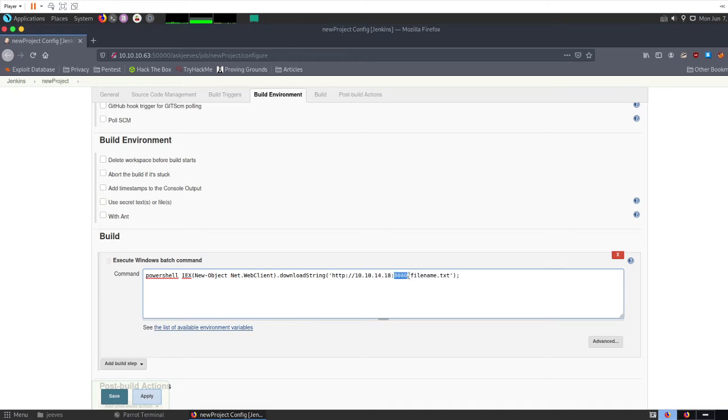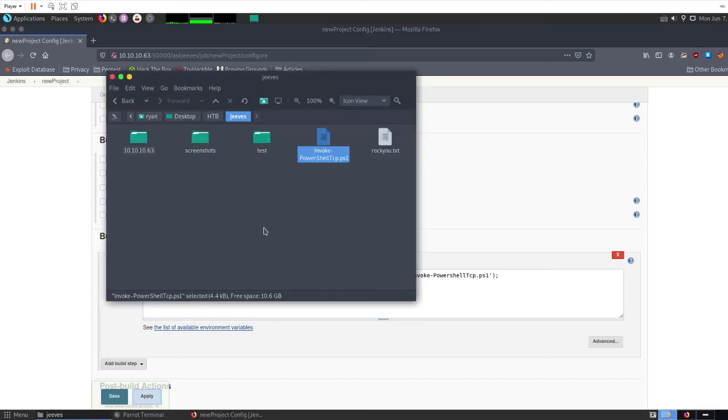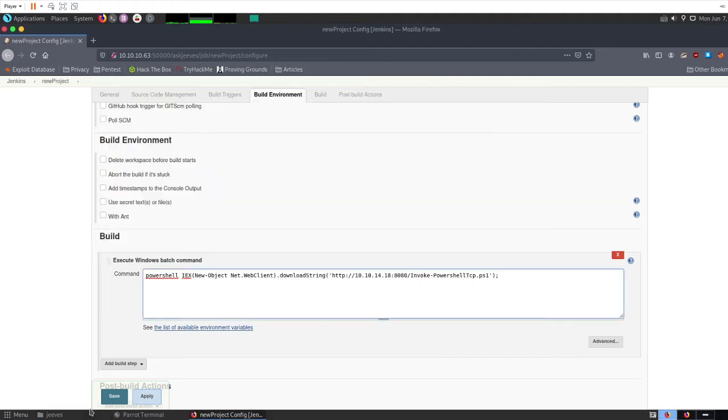I actually don't have to change the port because I am hosting it on port 8080. And for filename.txt, I need to change it to the file that I wanted to call, which was the Invoke-PowerShellTcp.ps1 file. Let me make sure I have that spelled correctly. Yep, Tcp is not all caps. Perfect. Although PowerShell has a big S in it, so let me go ahead and capitalize this. And there we go. So our script should be good to go,